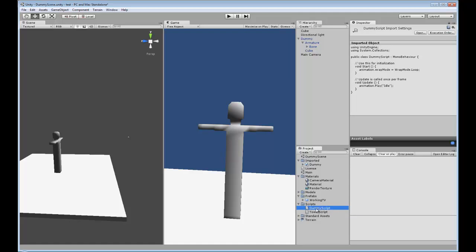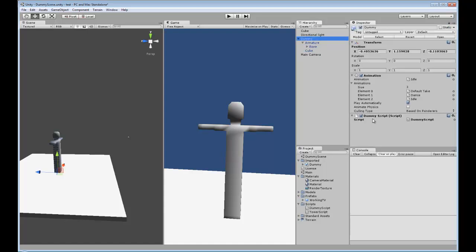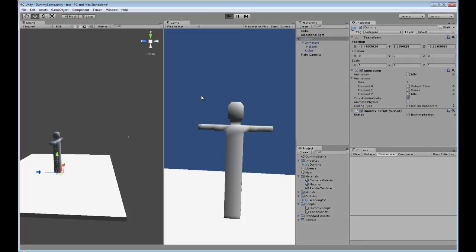So I'm going to just drag this to dummy. Not armature, not bone, not cube, but dummy. That's the hierarchy, what's stored inside dummy. If you click dummy now, you can see that I have my script attached to it. You can drag a lot of scripts, and it will just add up. With my dummy script added, when I play this time, it's going this direction. There's one cycle, and it's going back. Because we have the script attached to it, it's going to keep playing in